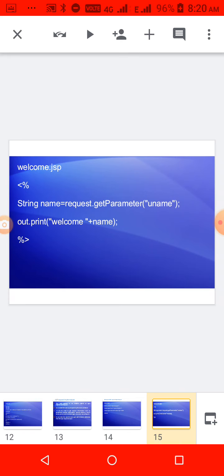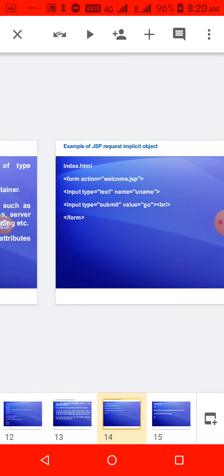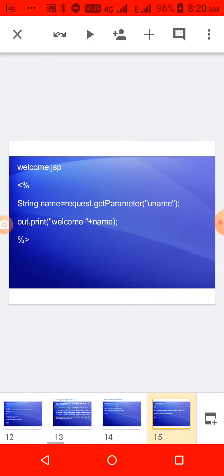So String name equal to request.getParameter("username"). See in the previous slide, in this index.html, the input you are giving to the text box is requested here. That's why request.getParameter username is given, and then it prints welcome with that name.